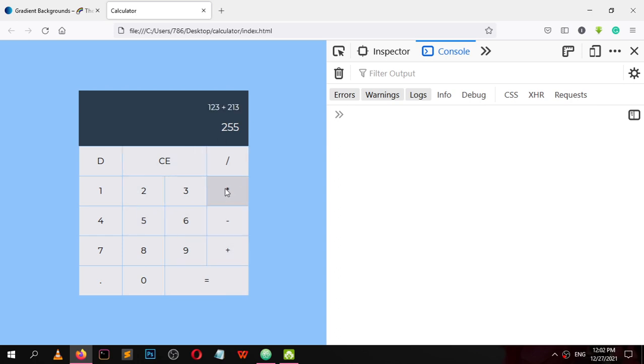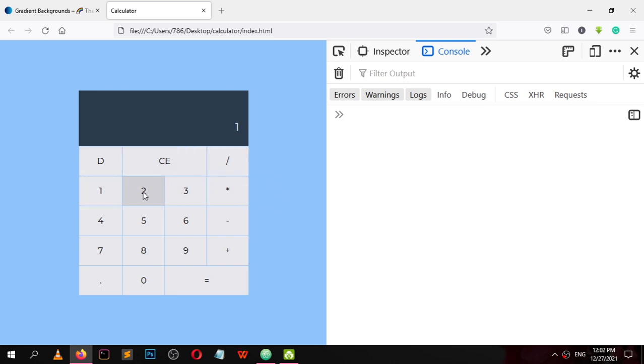We don't have to do anything with this button here, and click clear. Everything is gone and it came to 0. 1, 2, 3 result. Now we have this done.